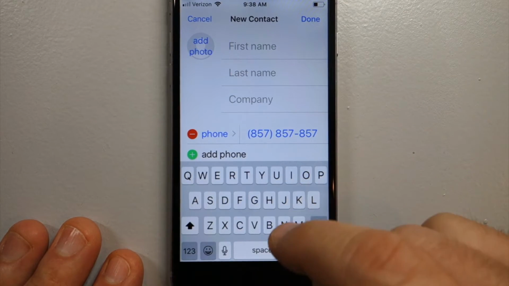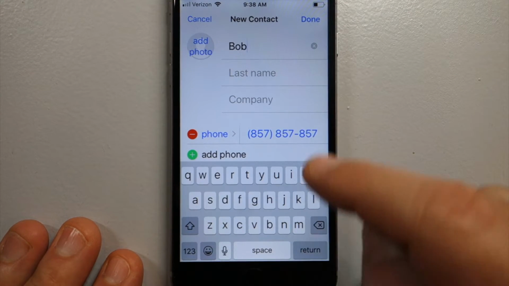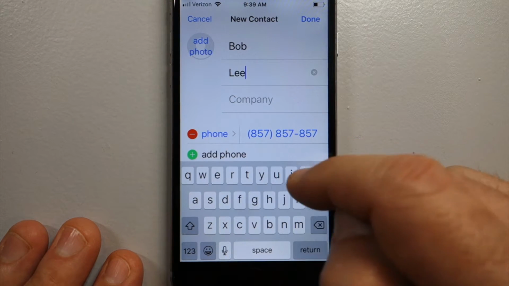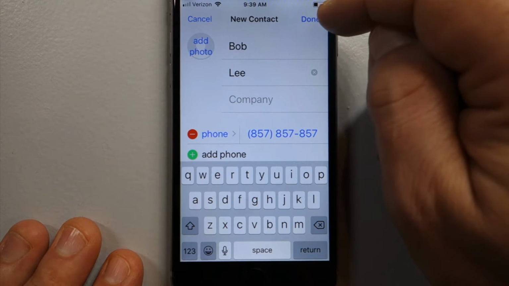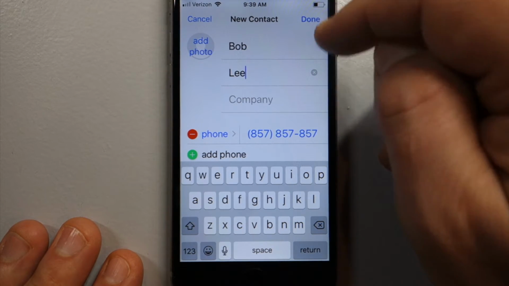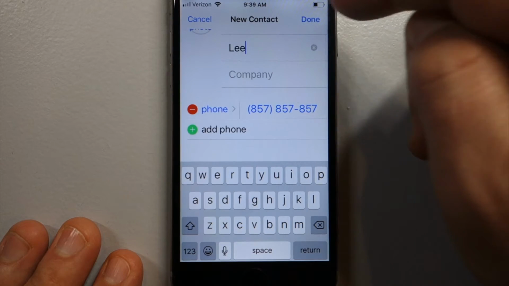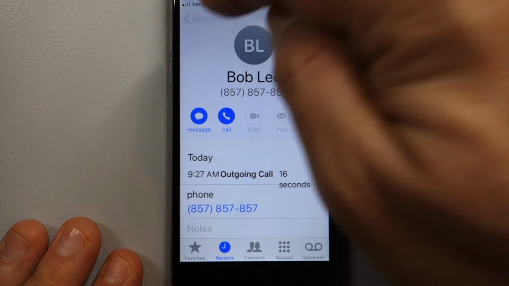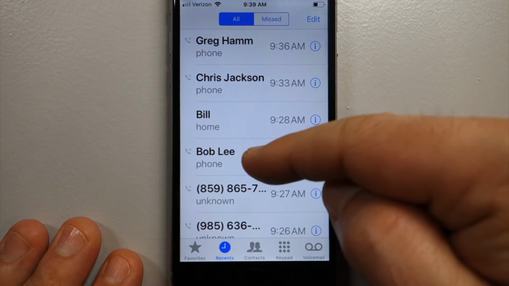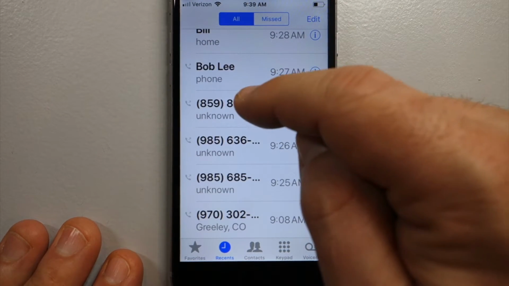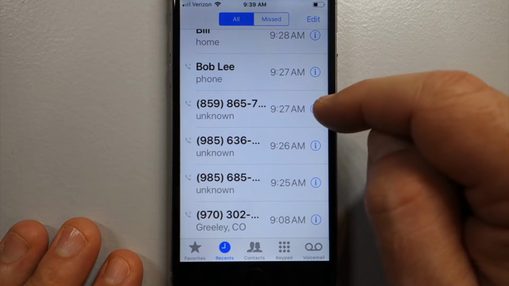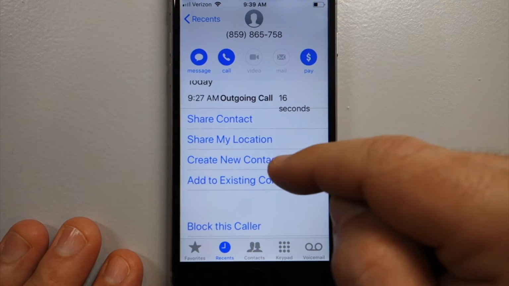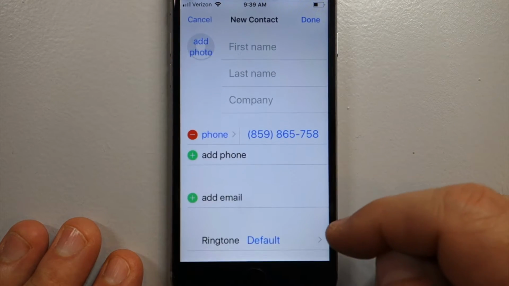I use this a lot to save numbers. So if this person's contact information is Bob Lee, then click done. Now that number is going to be saved on my contacts, and now the recent calls have been updated. So now you see Bob Lee. So let's go ahead and do that again. Here's another number I want to save. Hit the blue eye and then scroll down, create new contact,